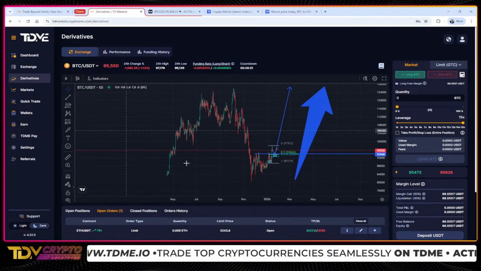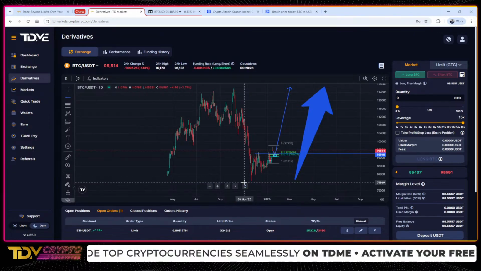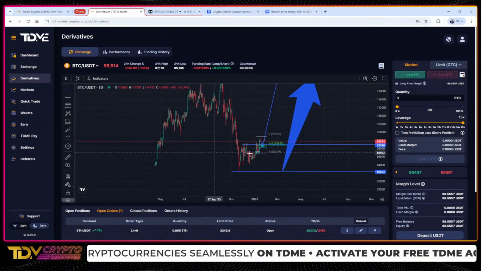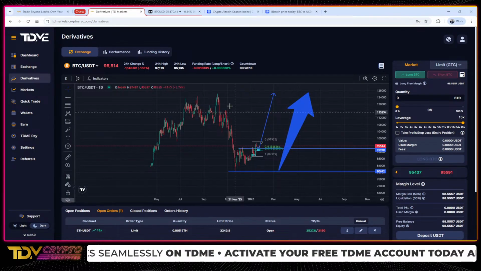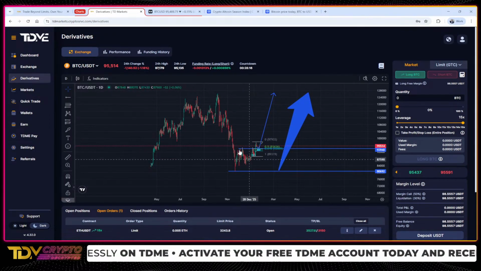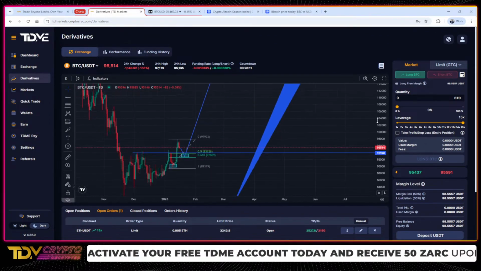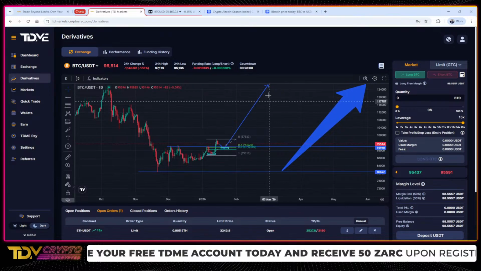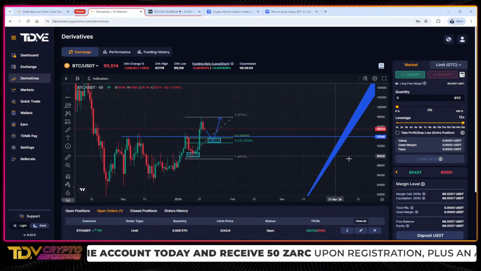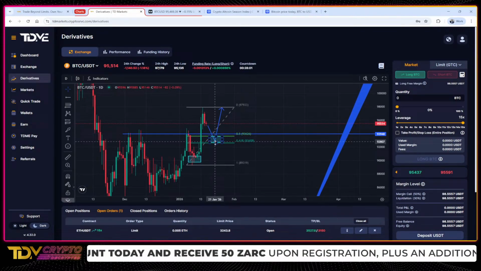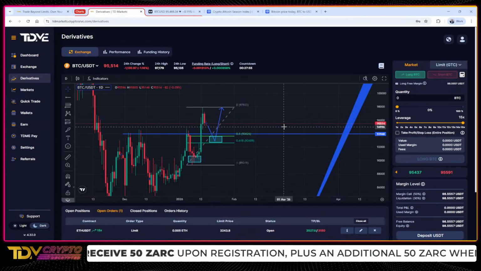So the question is, is this a higher low, right? You see this low right here. Is it a higher low? That is the question. If this is a higher low, then we are looking for crypto to give us this move towards the upside, because this one too, like I said, broke out of the channel. So we're looking for one more push, all right? But we're going to take it price action by price action. So for now, we're looking for a trade here going back up there, right?